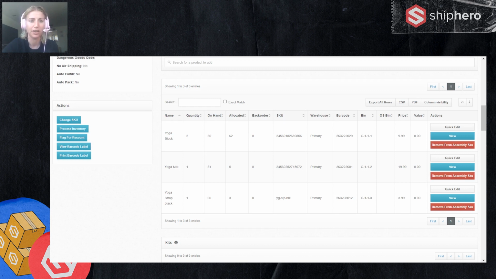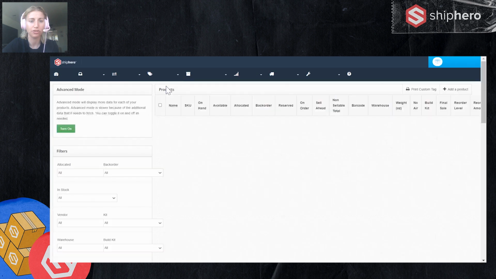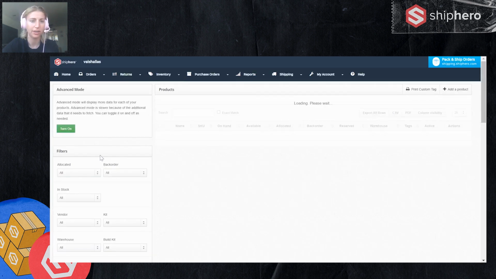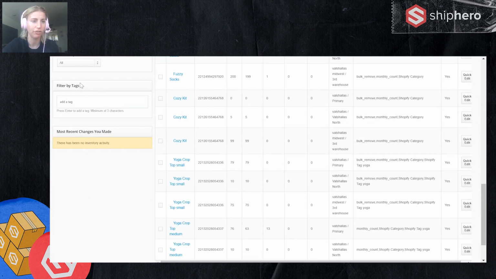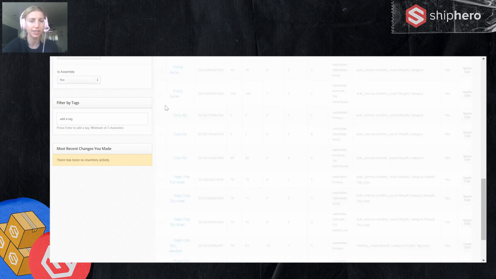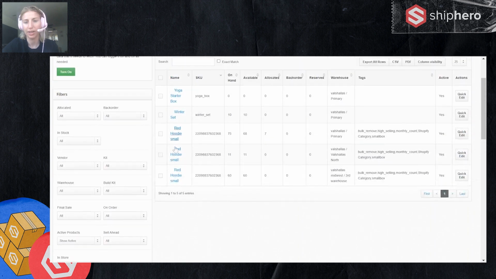It's good to go. You will be able to search for assembly SKUs that you created from your inventory page. Go to is assembly yes, and it will filter and show you any of the SKUs that you had created this way. Say you build a work order, you're done with it, and now you want to make it a kit. You can do that, but you'd have to remove the assembly components, uncheck it, and now you can make it a kit, that kind of thing.